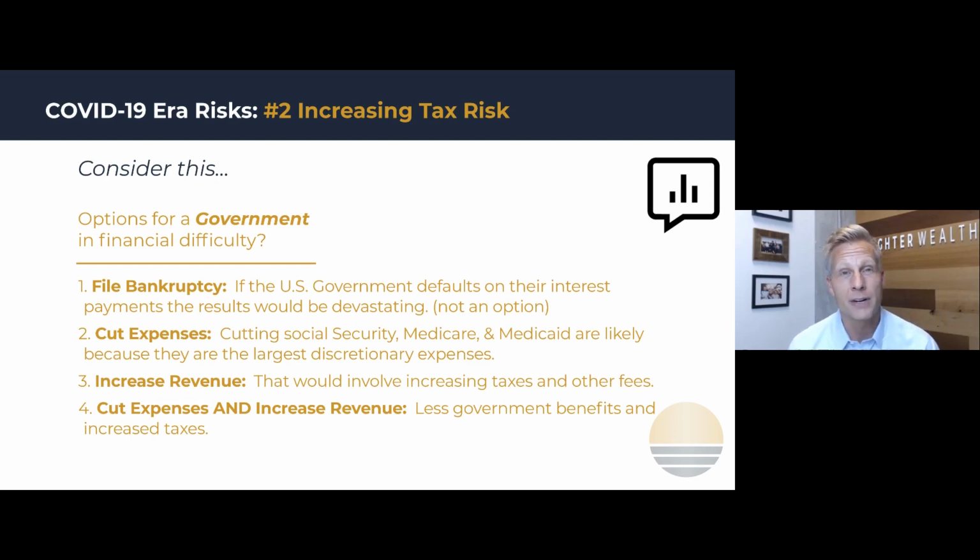That third one right there, increasing revenue. The only way that the government really raises revenue is taxes and fees, right? So might you be impacted if your taxes went up in retirement? For sure. So options 2, 3, and 4 all impact you as a retiree. So that's why we say the CARES Act adding $2 trillion in debt equals higher taxes in retirement, because